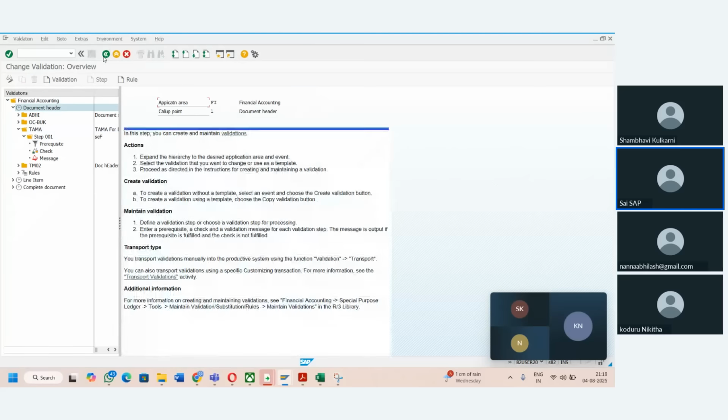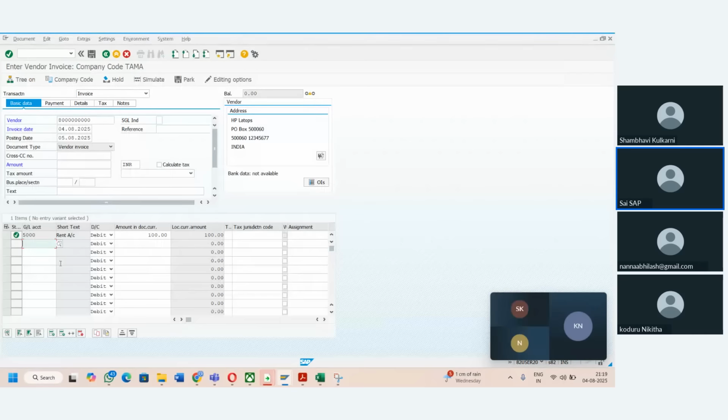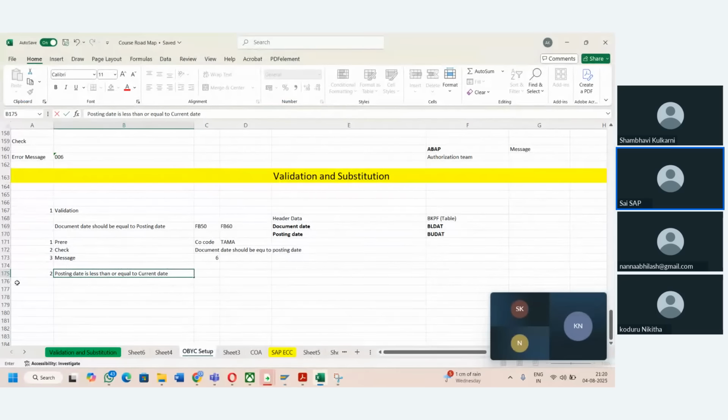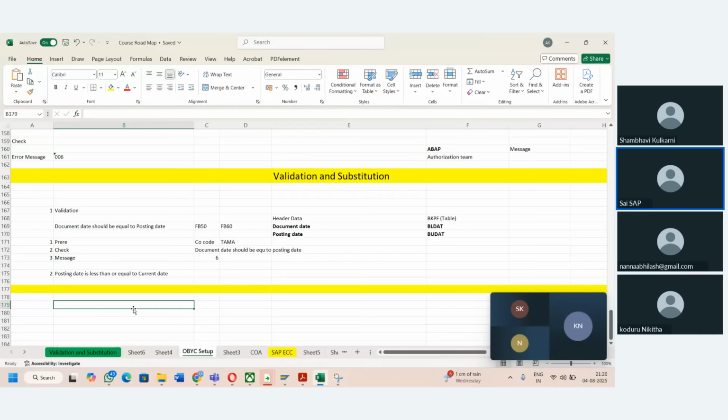So now we are going to talk about substitution. Substitution is nothing but, as the name itself indicates, in a specific field we are telling the system to substitute the value. For example, if